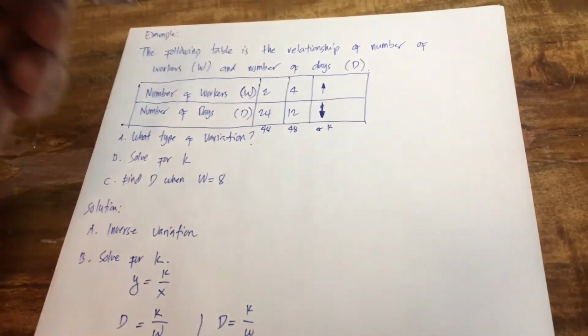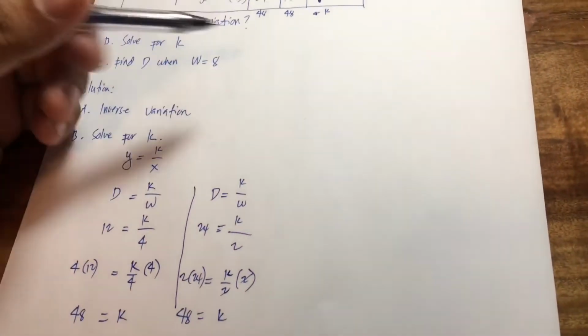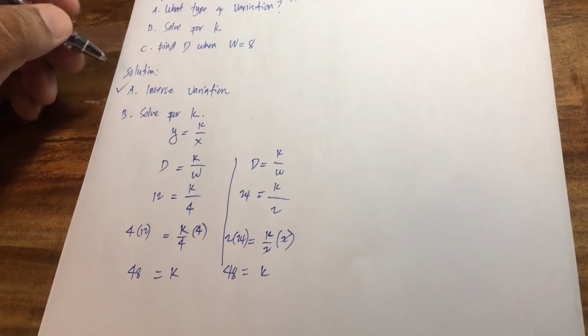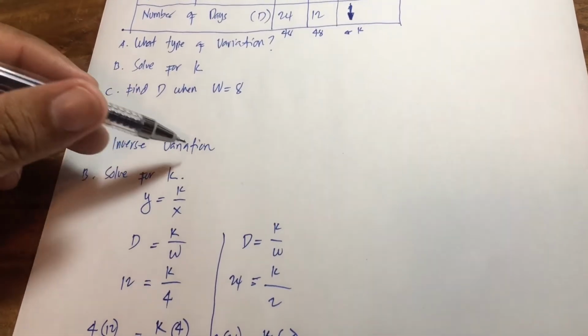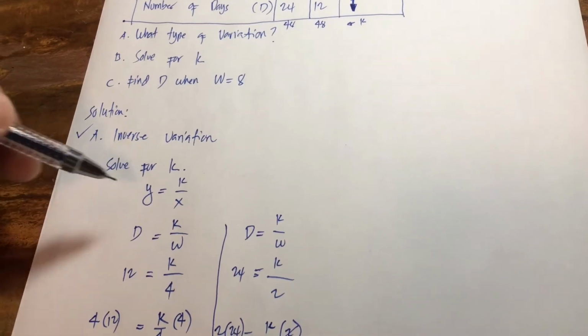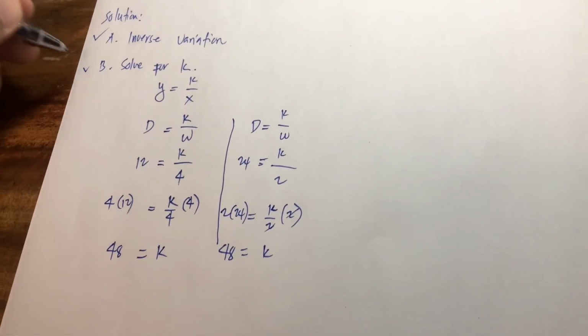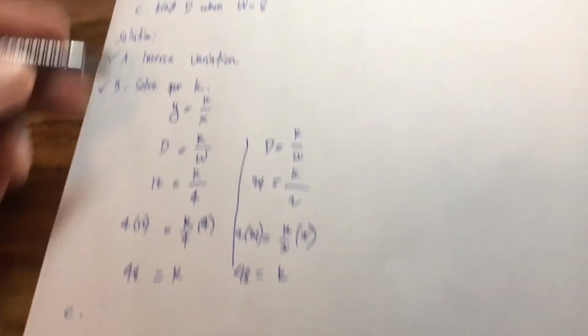Meaning to say, we have a constant of variation in relating two quantities. So I think we're done with A. What type of variation? The type of variation is inverse variation. Solve for K. The value of K is what? 48. Next, C. Find D